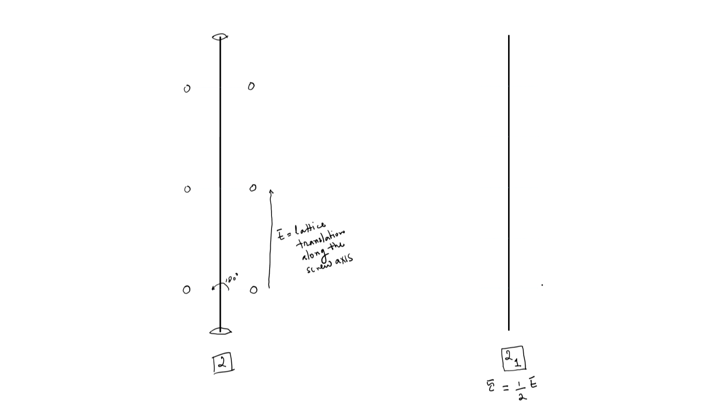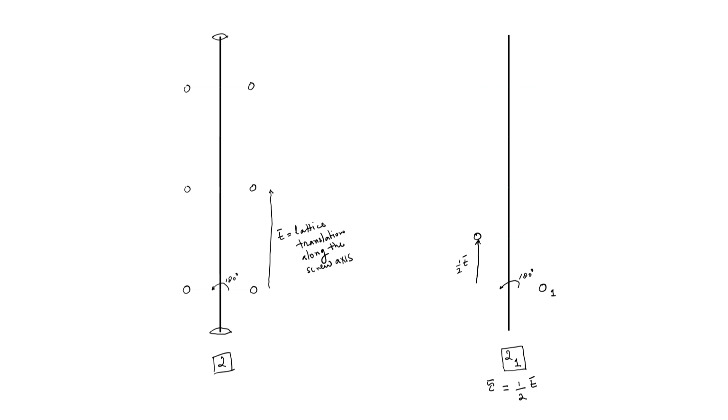Now I put a motif here. Let me label this as motif number 1. I rotate it again through 180 degrees, so it should actually come here, and then I translate it up by half the lattice translation, half of the vector T, and this motif comes out here. Now, this motif I had drawn must be removed because it is not kept here. So, rotate 180 degrees, followed by half the lattice translation.